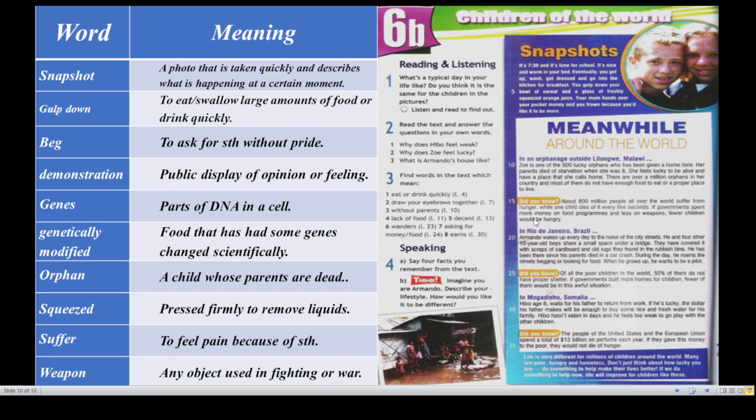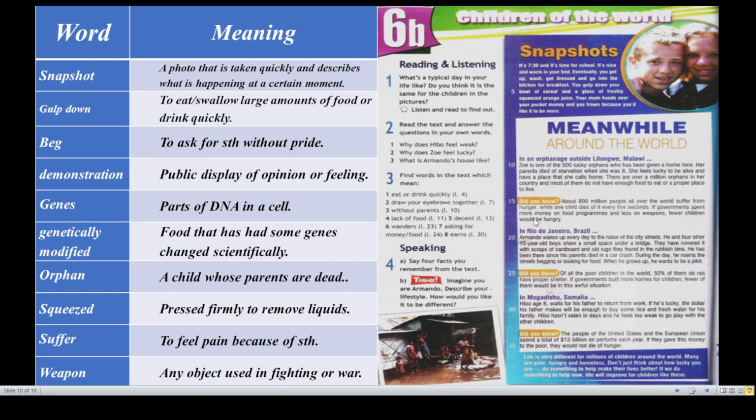Afterwards, in Mogadishu, Somalia, Hebo, age 8, waits for his father to return from work. If he is lucky, the dollar his father makes will be enough to buy some rice and fresh water for his family. Hebo hasn't eaten in days, and he feels too weak to go play with the other children.